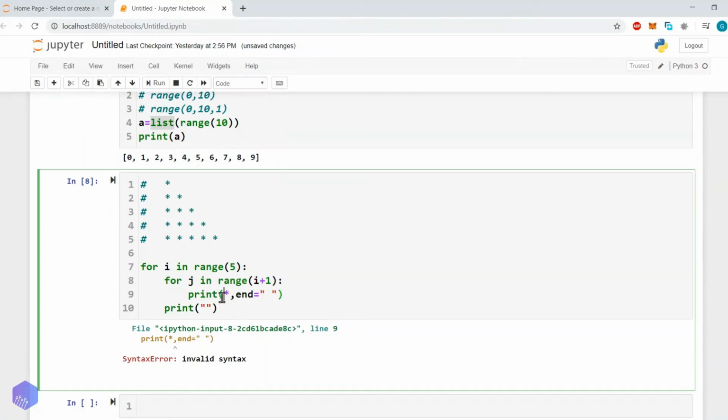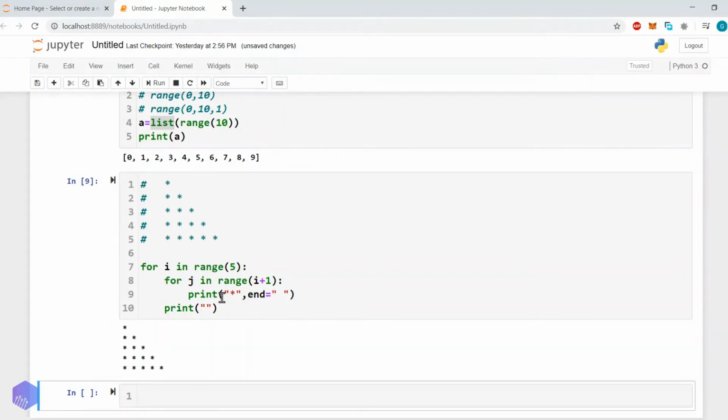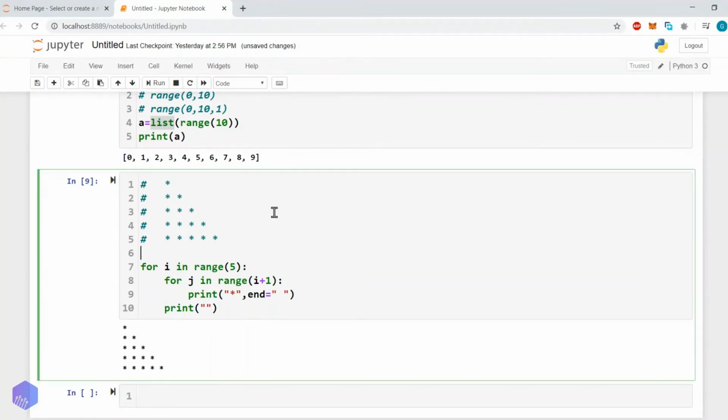So here we have to write it in brackets. Yes, we are getting it. How many lines are we getting? 5 lines. Now let's simply make it dynamic. We will get a number from the user.